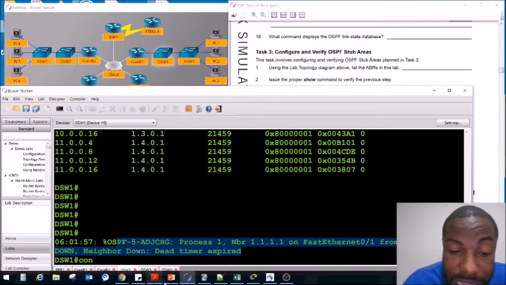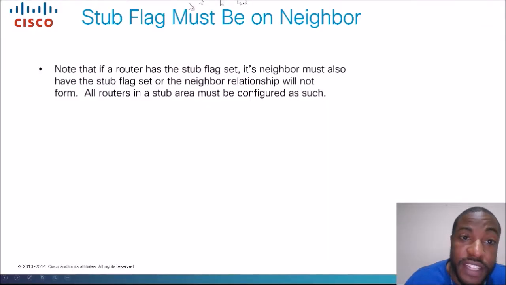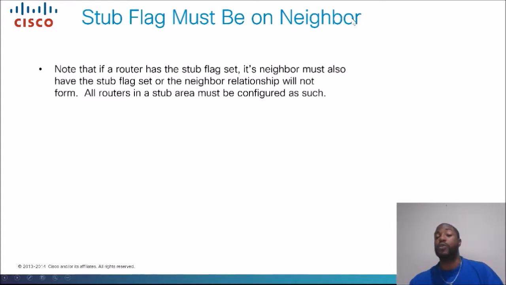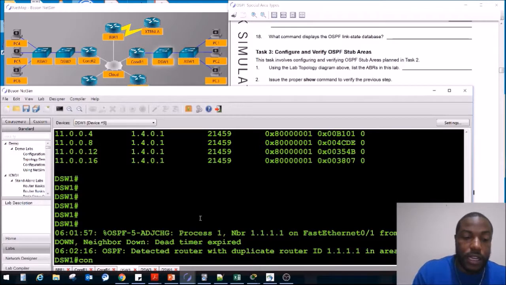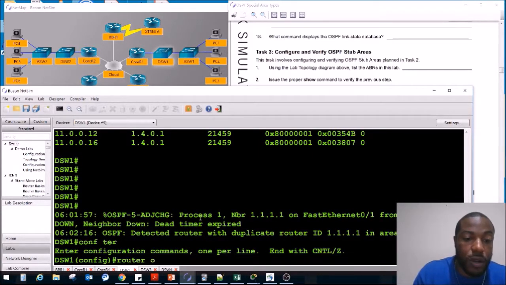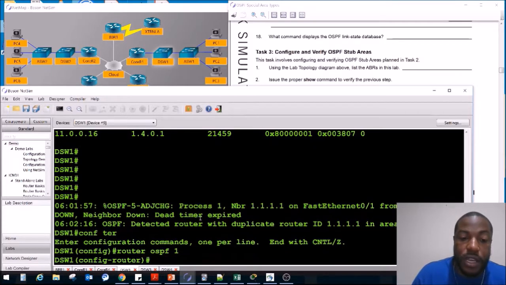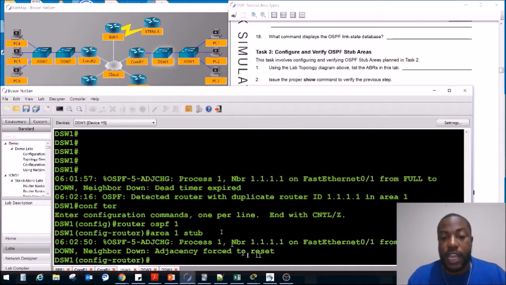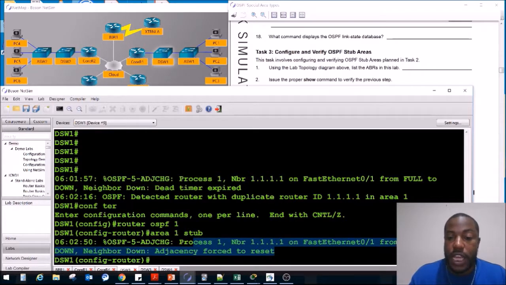Why? Let's go to our slides real quick. Remember we mentioned this? The stub flag must be on the neighbor. So that's why the neighbor relationship got torn down. If you're going to configure one area as a stub or one interface as a stub, you got to do the same thing on the other side, or you're going to tear down a neighbor relationship. And that's what just happened there. Let's go to global config mode and do the same thing. Enter router OSPF 1 area 1 stub, and notice